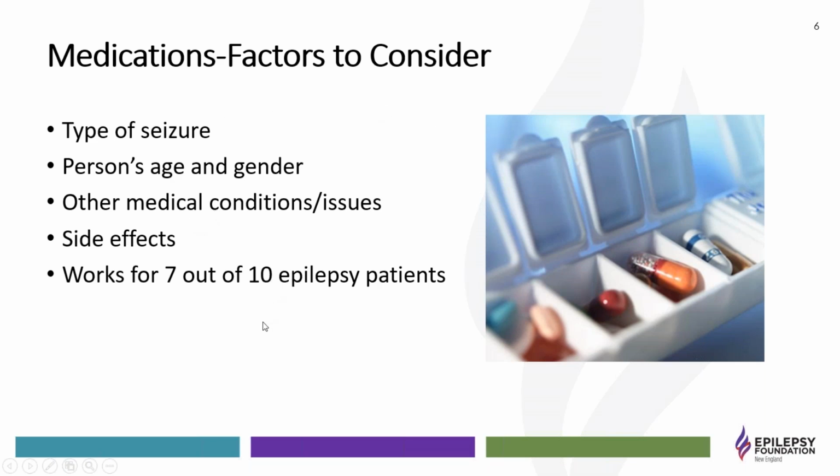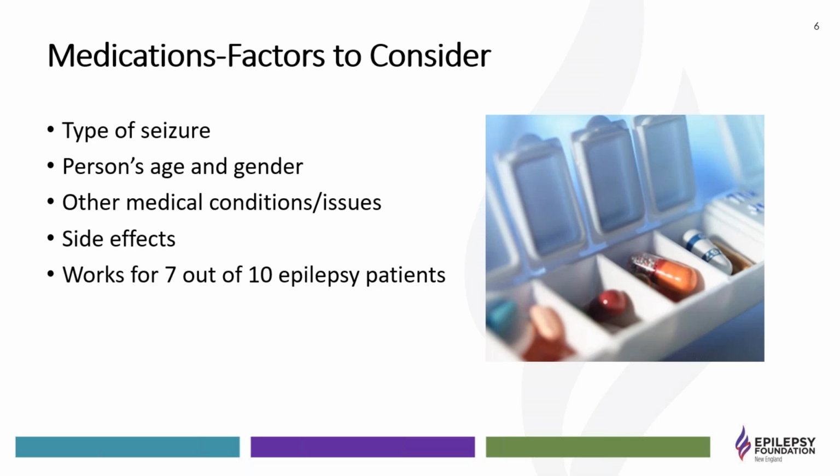Referring to the medications themselves, again, the neurologist has to pinpoint the type of seizure. And in order to determine the type, they need to know where in the brain and how much of the brain is involved in each seizure. Is it only one hemisphere in a very localized area, or is it both hemispheres? So it's a generalized seizure. And as I said, that determines what medication they're going to choose.